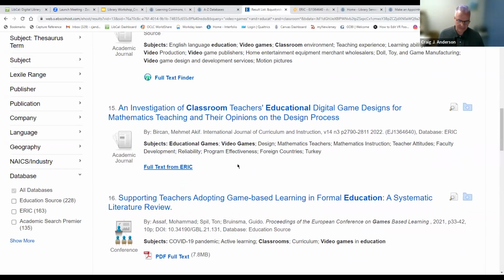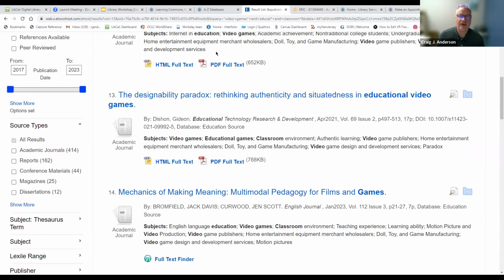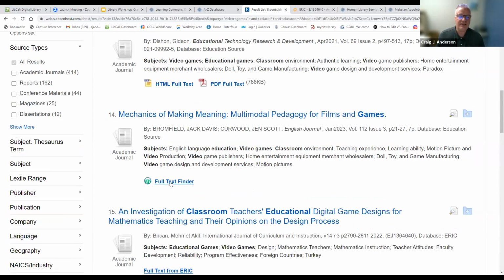One thing that I should warn you about with all of these, with full text finder and linked full text and full text from ERIC, usually if the article has the full text like this won't happen. But when you see these other options, or like for full text finder, every once in a blue moon, it will take you to a site where you can pay for the article and put in your credit card number and stuff like that, which I'm not here to tell you how to spend your money, but don't do that ever.